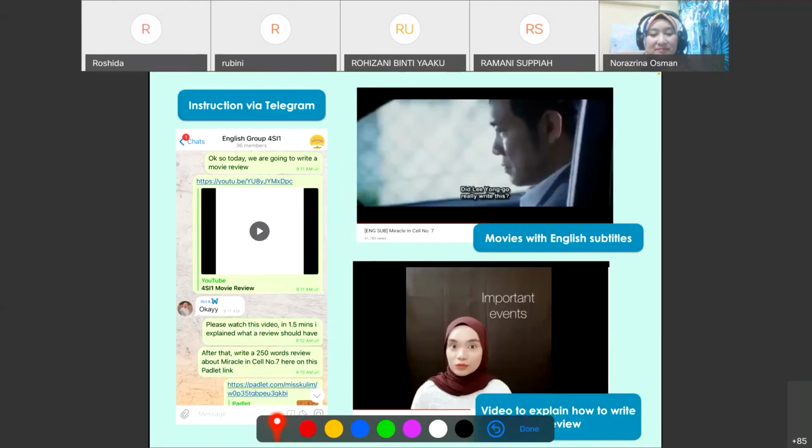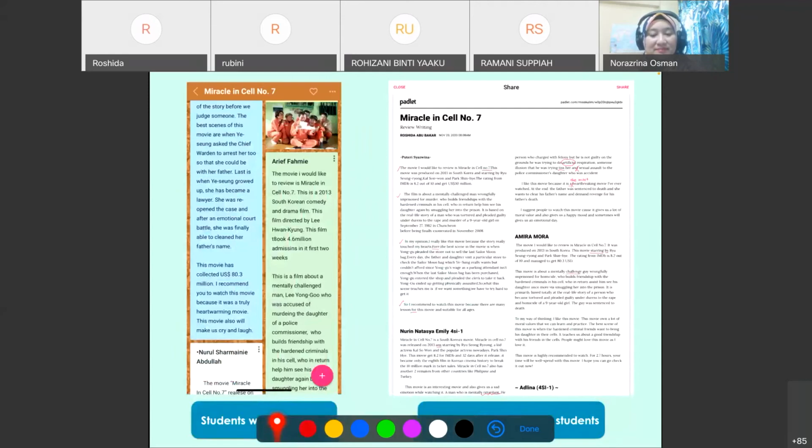And then the students posted their writing on Padlet. This is also what I learned from Professor Dr. Jaffrey in my ICT in TESOL class. So I used Padlet, and my students love Padlet so much, and I love Padlet too because we can generate everything the students did into a PDF, and I have the ability to check and give feedback to my students on the errors that they made.